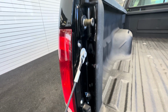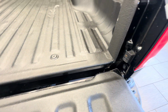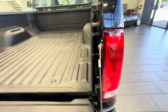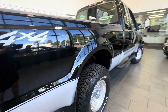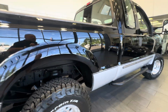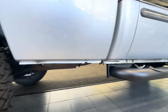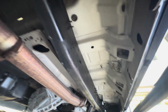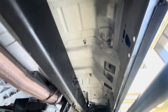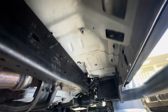Take a look at the jams. The undercarriage of this truck is literally in new condition as well. There is zero, and when I say zero, zero rust, zero corrosion. There's no peeling to the frame or the metal or any of that stuff. This truck has never been driven in mud or snow whatsoever. Believe it or not, this is the undercarriage of a